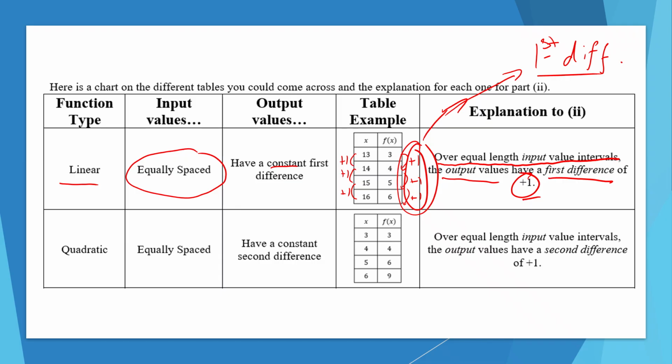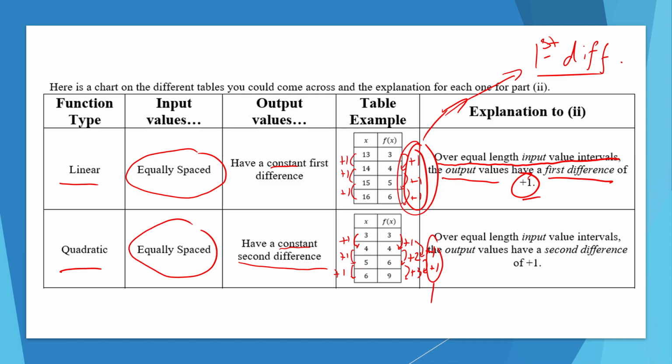All right. Now for quadratic functions, your input values will still be equally spaced. So here, +1, +1, +1. But now your output values will have a constant second difference. It'll make sense. The degree is 2 for a quadratic function. So your second difference should be constant. If we take a look here, we see +1, +2, +3. Our first differences are not constant. They're not the same. But if we go one more deeper, +1,